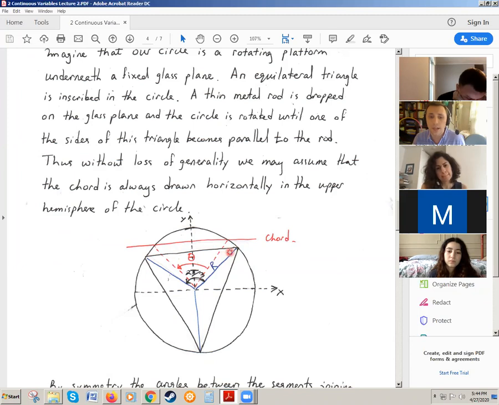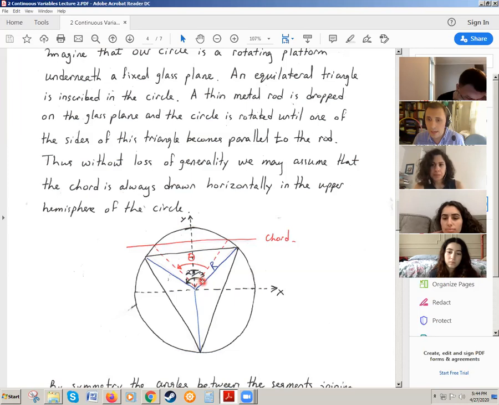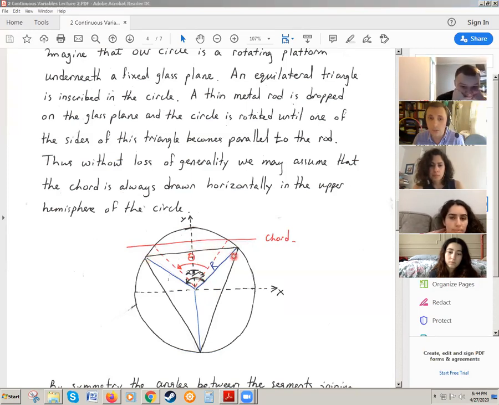It's then easy to figure out the length of the chord. You can use trigonometry. This is radius r. This angle is 2 pi over 3. If I cut it in half, then the angle is pi over 3. And the half chord here is just sine of pi over 3 multiplied by r. That would be the length of this half chord, correct? And then I just have to multiply it by 2 for the full length. So I know the length of the chord.